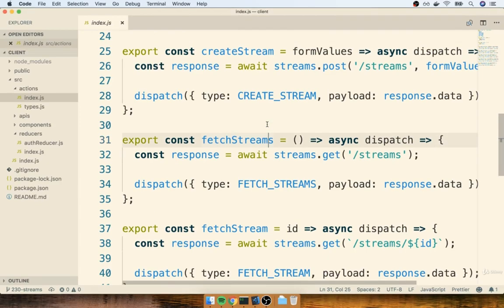In the last video, we put together a bunch of different action creators inside of our actions.index.js file. We did this all in one go, just so we didn't have to come back over to this file nonstop throughout the rest of this application and talk about the next action creator we had to put together. Now we're going to take a very similar approach for putting together our reducer as well.